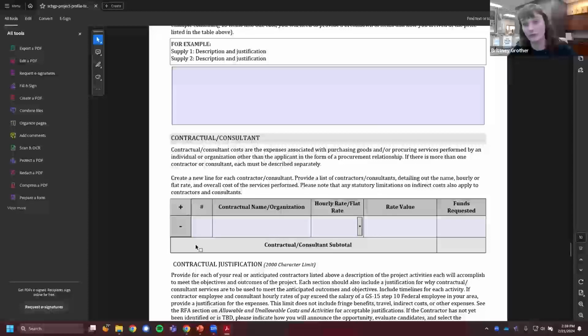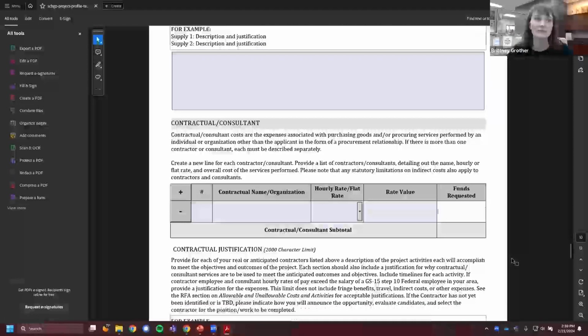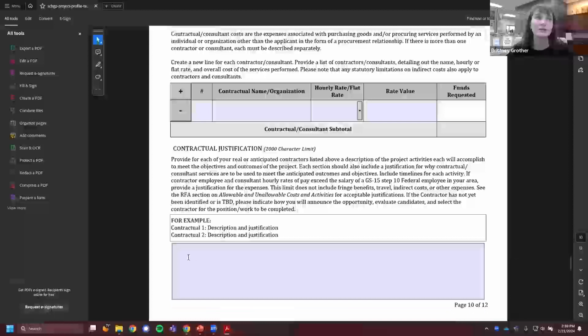video work for you. Maybe part of your project is focused on recording video and you need to hire a videographer. That could be a contractual person if they're outside of your organization, but you're wanting to pay them for a service. You could list them as a contractor. You can list them at an hourly rate or a flat rate for their services, the rate value, and the funds requested. Again, for each contractor, you have to describe what they're going to do for the project and why